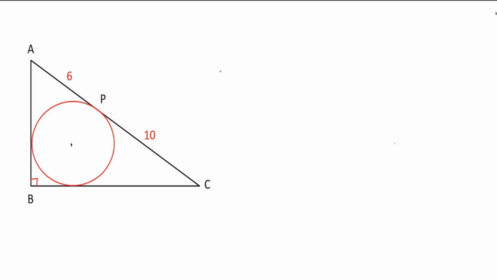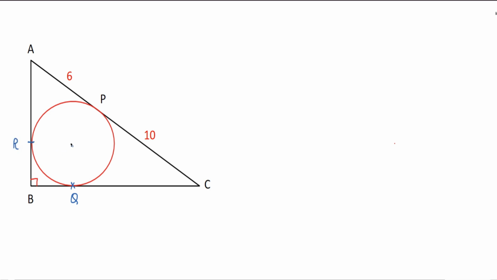In fact, in this question, a right angle triangle ABC is given that contains a circle. Here, the segment AP is of 6 units of length and the segment PC is of 10 units of length. And we have to find out the area of this right angle triangle ABC, which is right angle at angle B. So very first, if we take this point of contact as Q and this point of contact as R,